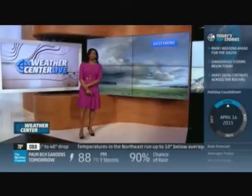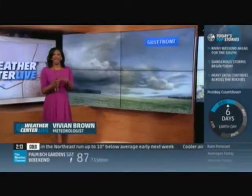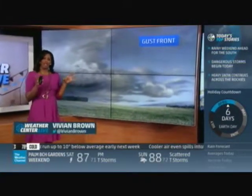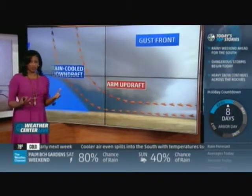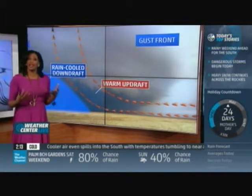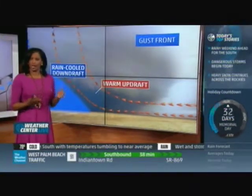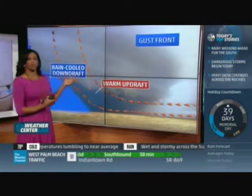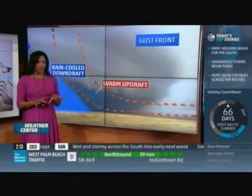Well, we know about a front over the south, but have you ever heard of a gust front? Well, let's talk more about a gust front. In fact, it all starts with the motion of the air in the atmosphere. We are familiar, of course, with the horizontal motion of the air. We know it as wind, but believe it or not, the air is constantly in motion vertically too. When the air rises, it's usually associated with warm, moist conditions, and when the air sinks, it's usually associated with